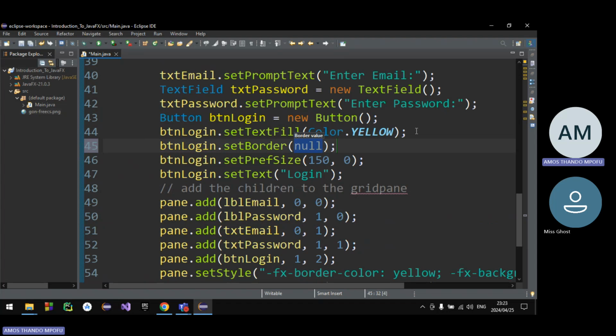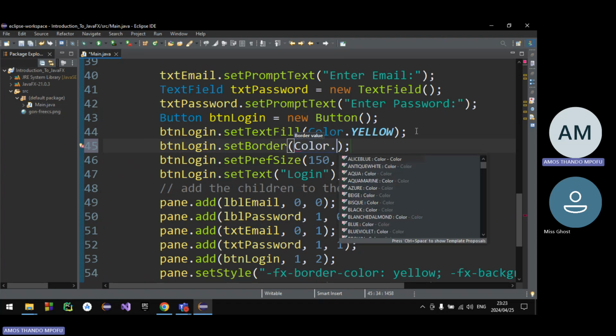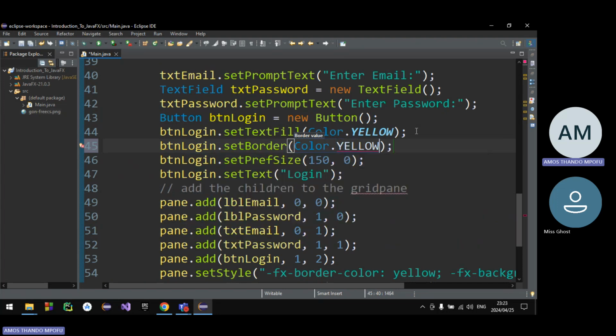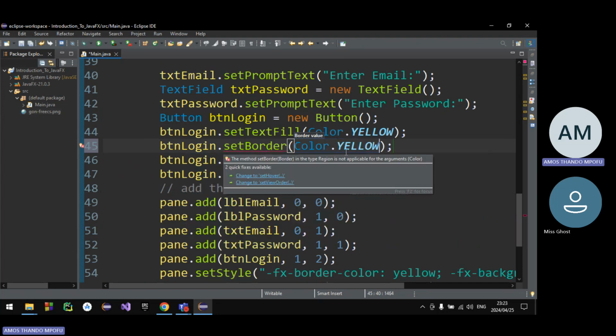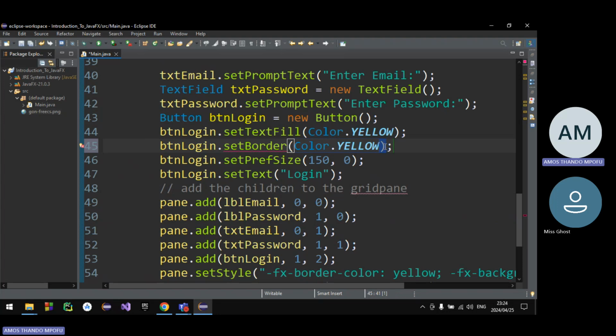Okay, let's set the border. Can it take in a color? Okay, it doesn't want to take in a color. Then I'm going to set the style, set style,